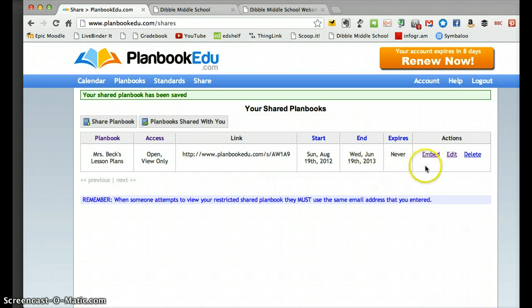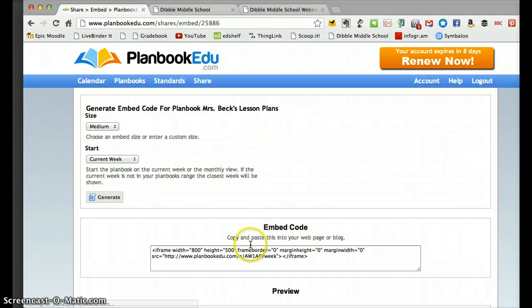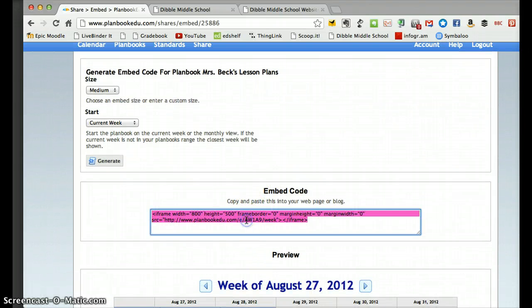And so now you get an option to embed it. So if I embed it, then that will actually allow me to put it in the other website. I already have it in the other website, so I'm going to try and do it again in another week, and then delete it later so you can see what I'm talking about. But if I embed it, if I press that, then I get a code. And if you just select all of it and copy it,